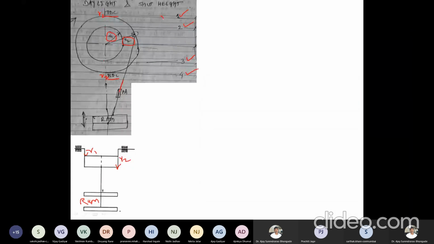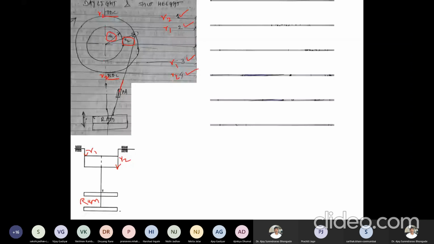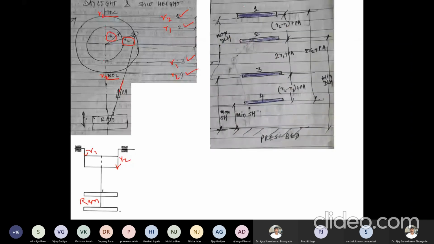Correct? This is for R2, this is for R1. Similarly, this is for R1, and this is for R2. For these four different positions, we get four different positions of the RAM itself, because there are 2 TDC positions and 2 BDC positions for R1 and R2. Correct. So that is what we can see here.